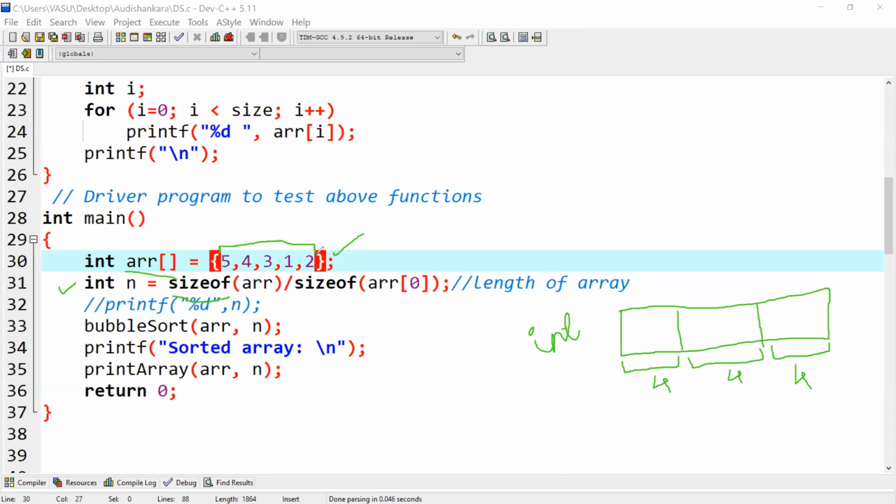So just like that, even this whole array is of size how much? It will give you a size of what? Tell me. For this 5, I have 4 bytes. For this 4, I have 4 bytes. For this 3, I have 4 bytes. For this 1, I have 4 bytes. For 2, also I have 4 bytes. So in total, what will be the size of this whole array? Yes, what will be the size of the whole array? Tell me. Yes, write in the chat box. Write the answer in the chat box.